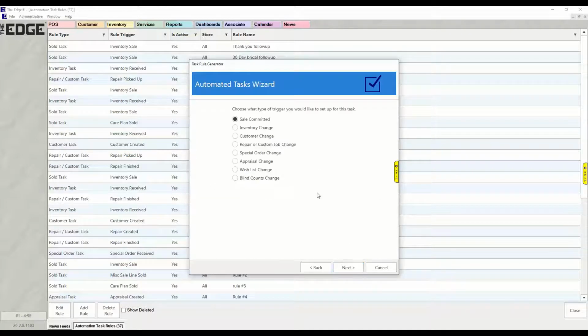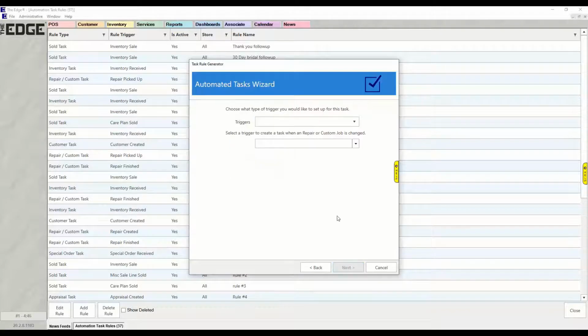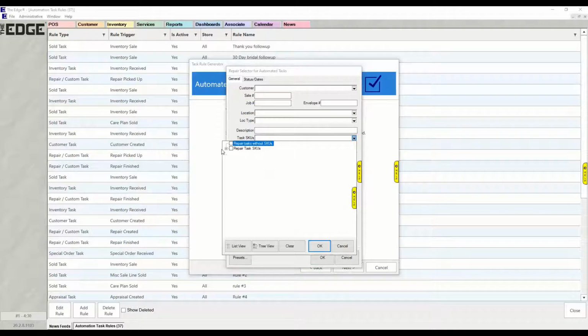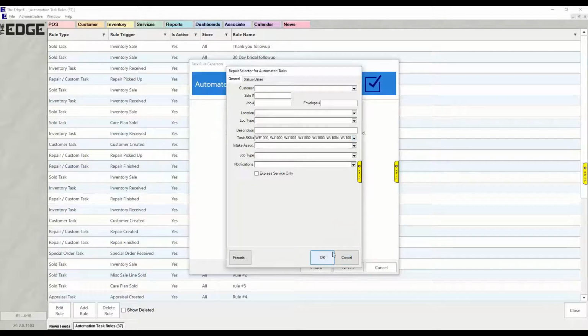So every single time a customer comes in with a care plan covered repair, I want my associate to follow up a week later and make sure everything is good. So on that, we're going to filter based on repairs. And we're going to trigger it when a repair is picked up. But now we only want the ones that apply to care plans. Even if you're not using tasks for anything else, there's always going to be care plan tasks. So my filter is going to be on SKUs, and when I open that, I'm going to have a section that's called care plan. I can narrow it to a particular one, or I could say just anytime a care plan SKU is used. So if I click OK on that,